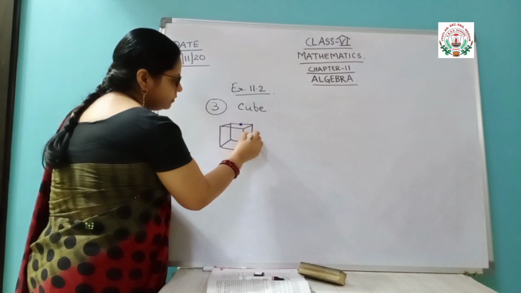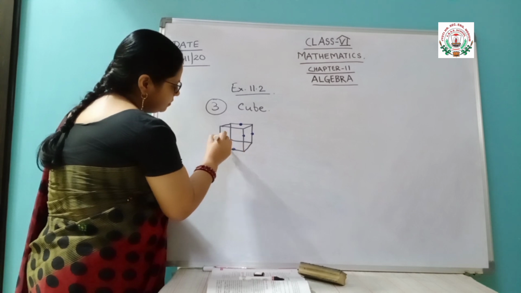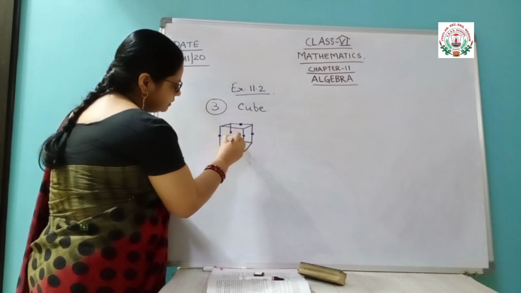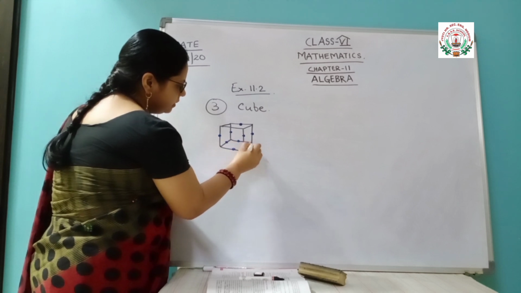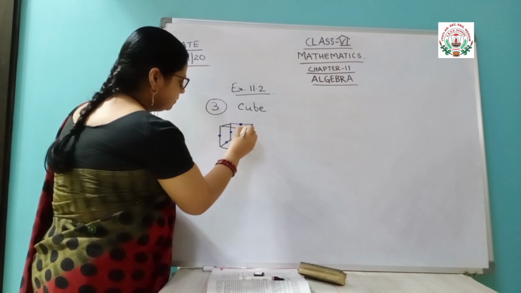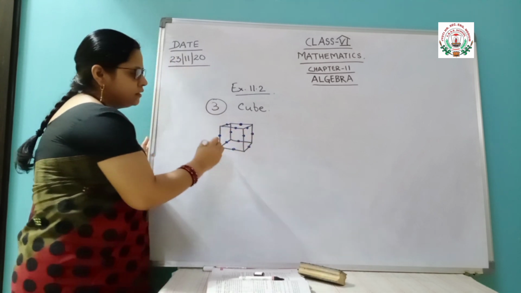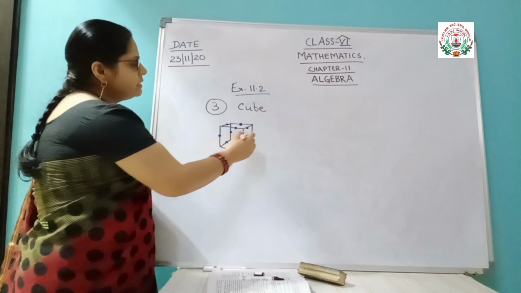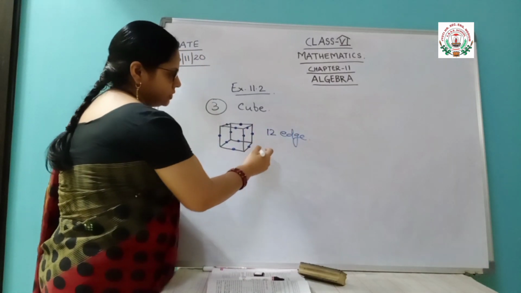This is 1, 2, 3, 4, 5. This is 6. This is 7. This is 8. This is 9, 10, 11, and this is 12. These are the 12 edges. So how many edges are there? 12 edges are there. And for every edge,